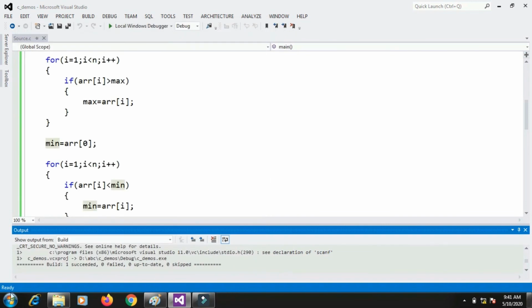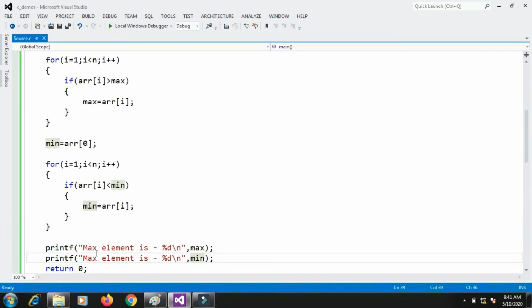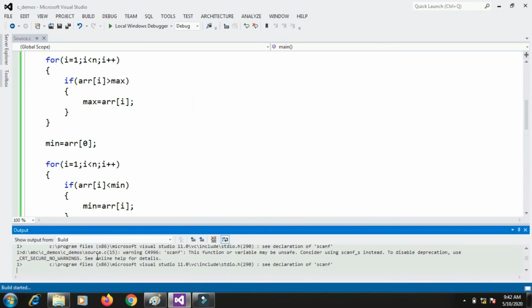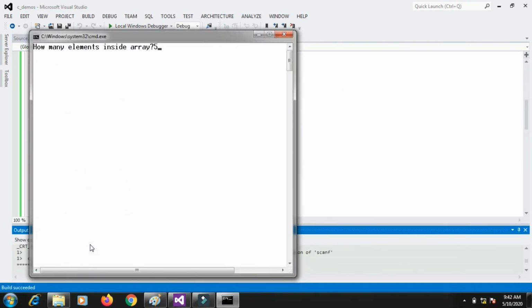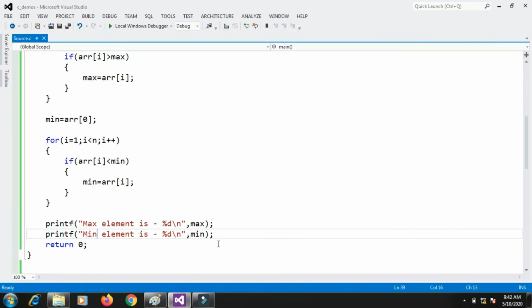Okay, here let me write min. And now suppose only 5 values I am taking this time, say 12, 3, 45, 7, 9. So maximum element is 45, minimum element is 3. So this was about finding the maximum and minimum element from the array.